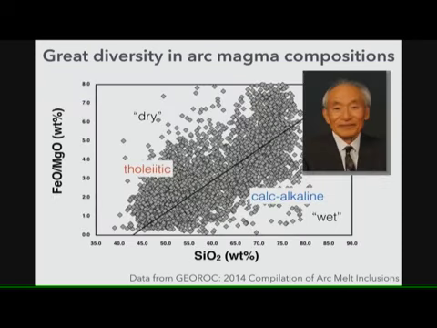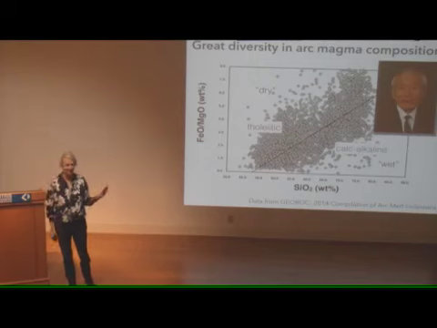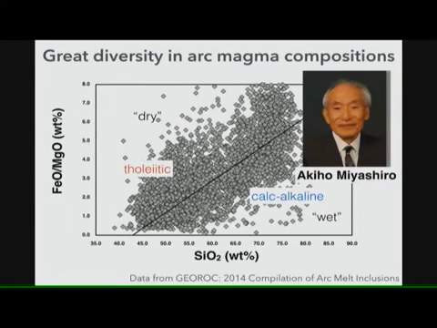Another way we can look at it is by this famous diagram. And so I thought I'd continue on in the tradition of putting up important figures in this work. So I gave you a lot of clues with this figure, if anybody knows what this figure is, about who this might be. Any guesses? Miyashiro, I heard someone say it, right? So it's Miyashiro-san, we could say, who developed this diagram as a way of thinking about the compositional diversity of